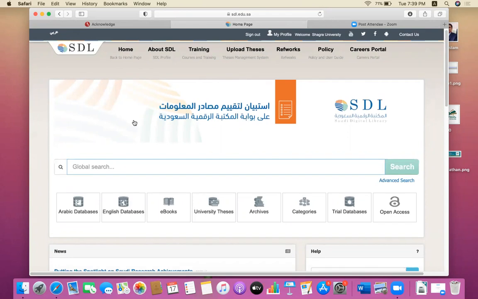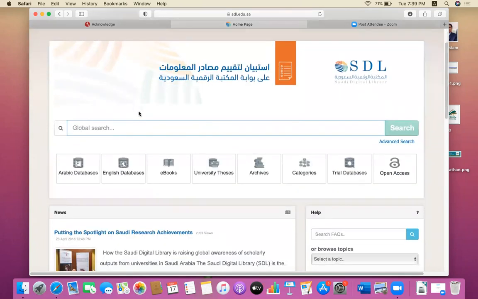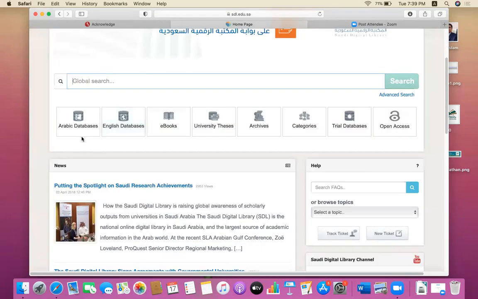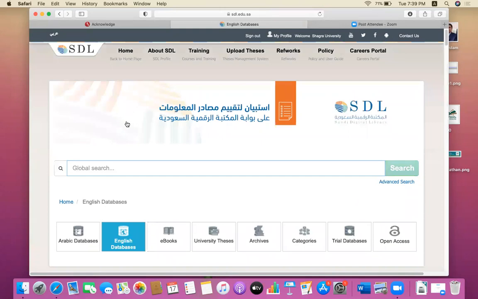After conversion into English, you can find various databases: Arabic database, English database, ebooks, university theses, archives, categories, trial database, and open access. You have to click on the English database, and there are various scientific subscriptions by the Saudi Digital Library.